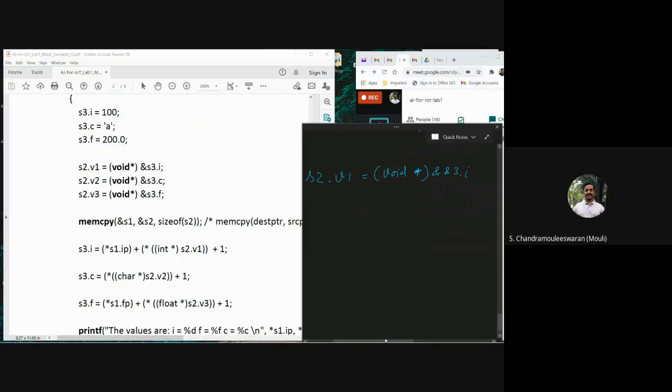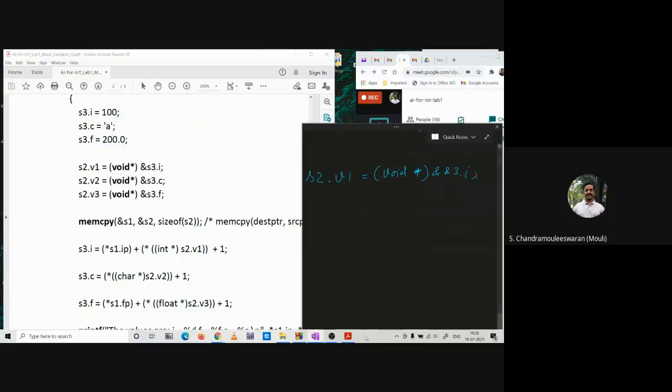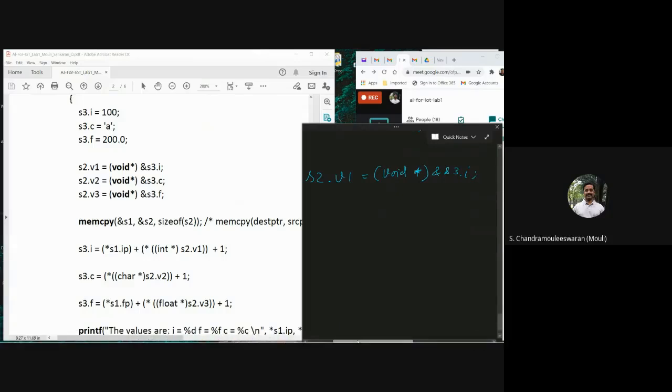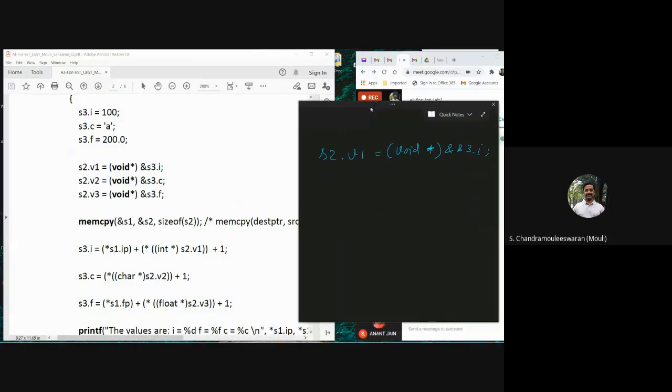Now, what are we trying to do here? We are getting the address of the integer which is stored in the S3 structure. Okay. Now, whatever address we got is some hardcoded address value.